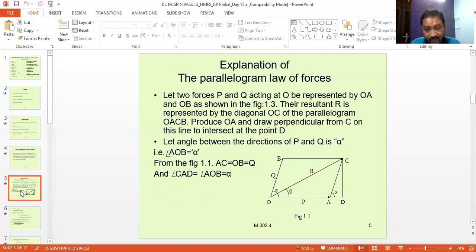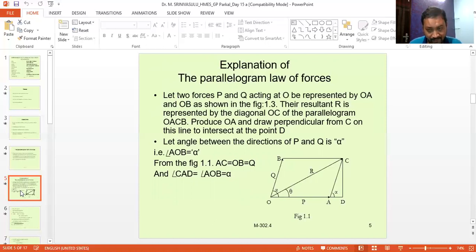So here R square, the diagonal OC whole square, is equal to OD whole square plus CD whole square. OC is nothing but the R. So R square is equal to CD whole square plus